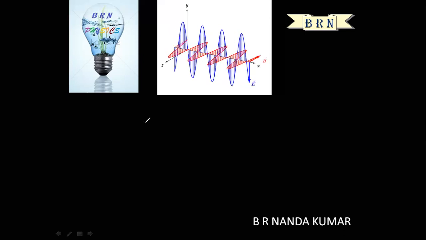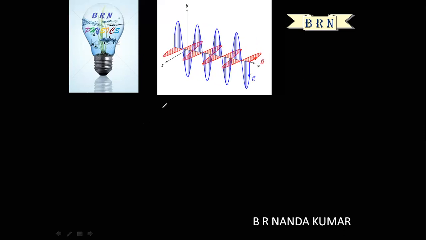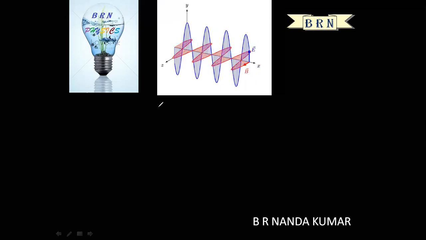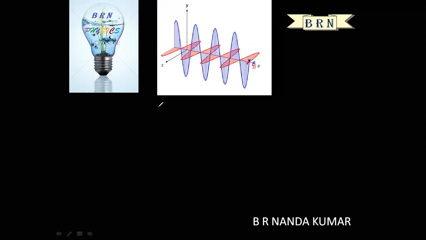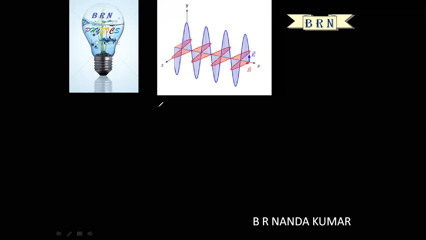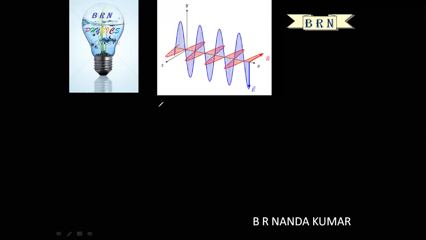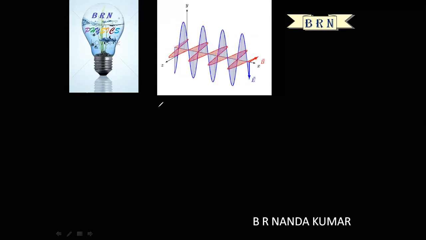And Maxwell's explanation of electromagnetic wave theory is very important. On the basis of Faraday's laws of electromagnetic induction and the modified Ampere's law, Maxwell theoretically predicted the existence of electromagnetic waves. According to Faraday's law of electromagnetic induction, a time varying magnetic field generates an electric field. According to Maxwell's modified Ampere's law, a time varying electric field generates a magnetic field. It means electricity and magnetism are symmetrical. The consequence of this symmetry is the existence of electromagnetic waves.